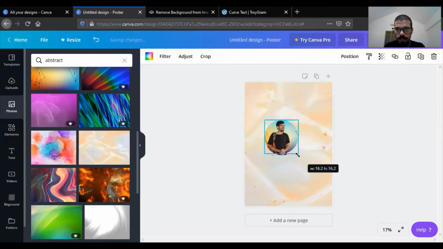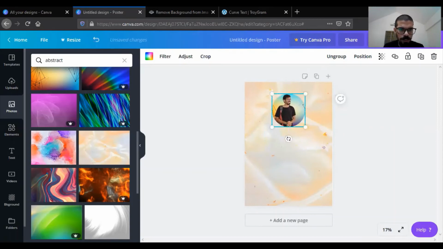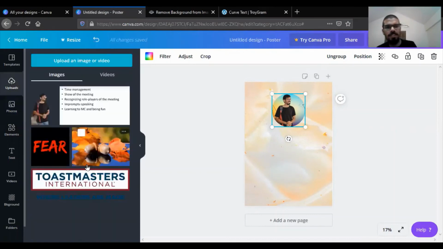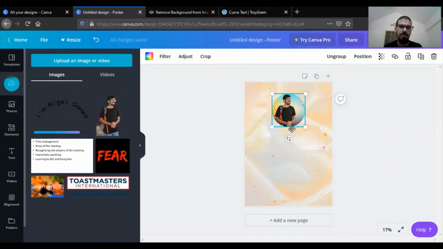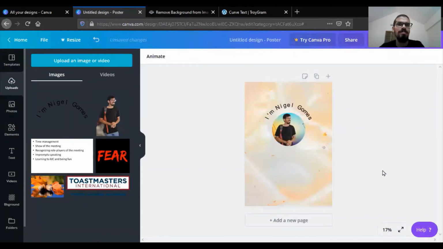Let me group these two circles and make it one unit so that I can position it anywhere I want. And then what I will do is drag and drop this curved text into my library of photos. And now I can actually use this as an image in my poster.